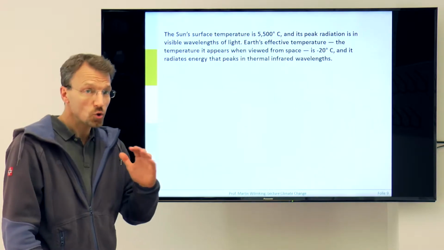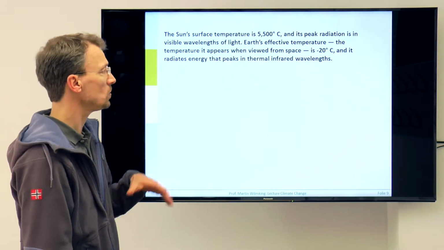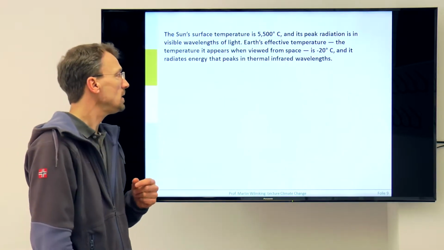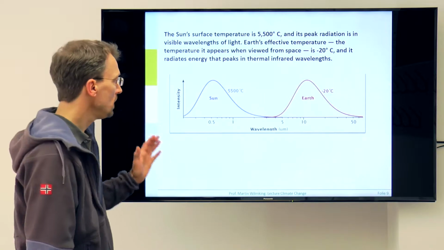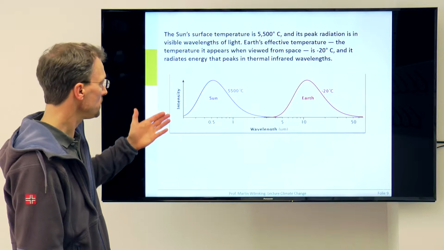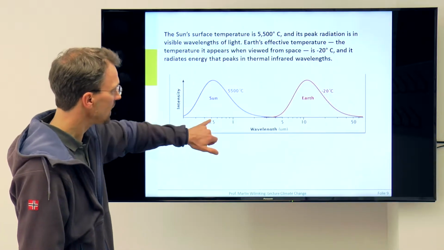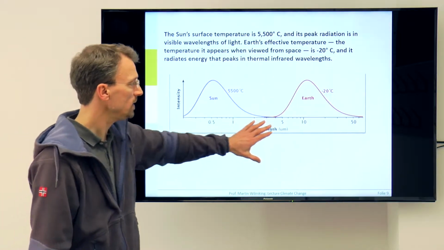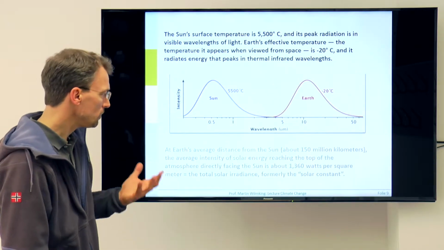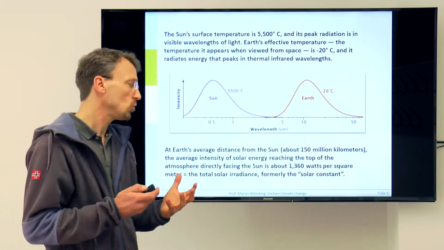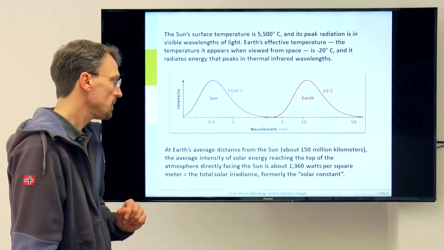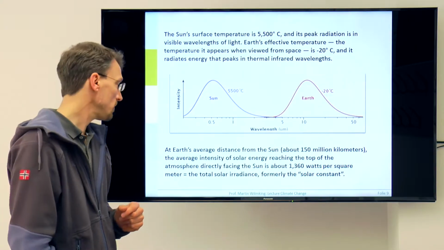The Earth is a lot cooler, on average seen from space about -18, -20 degrees Celsius, and therefore emits its energy in thermal infrared. Here you see the wavelength of the electromagnetic energy, and you see the sun peaking at this wavelength, that's visible light, and here you have thermal infrared. So you have to keep that in consideration, and at the average distance of the Earth, about 150 million kilometers from the sun,